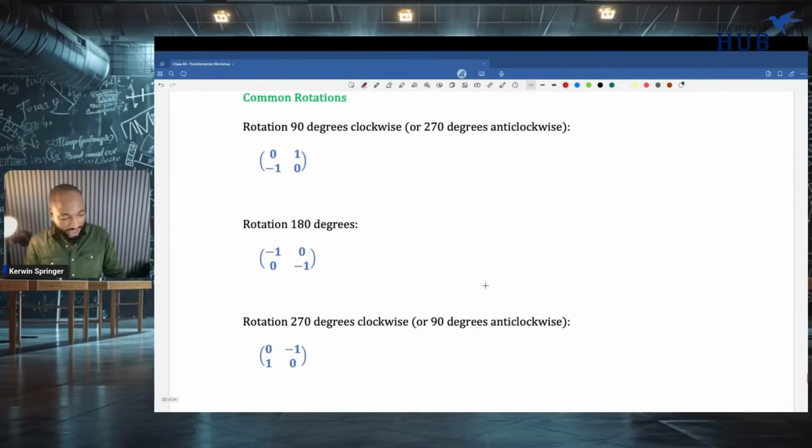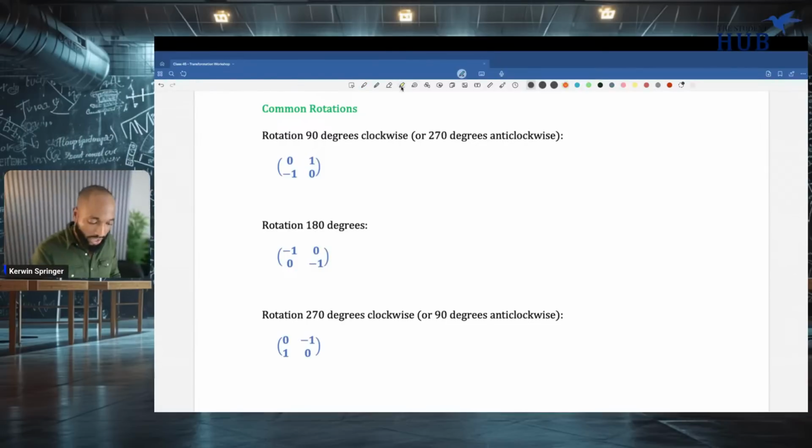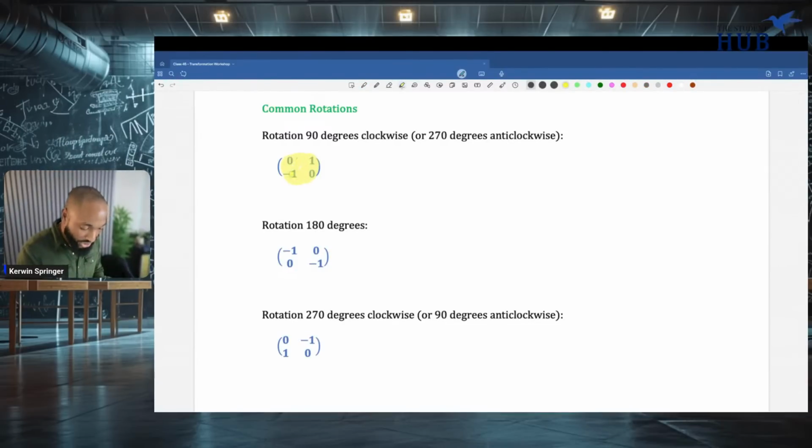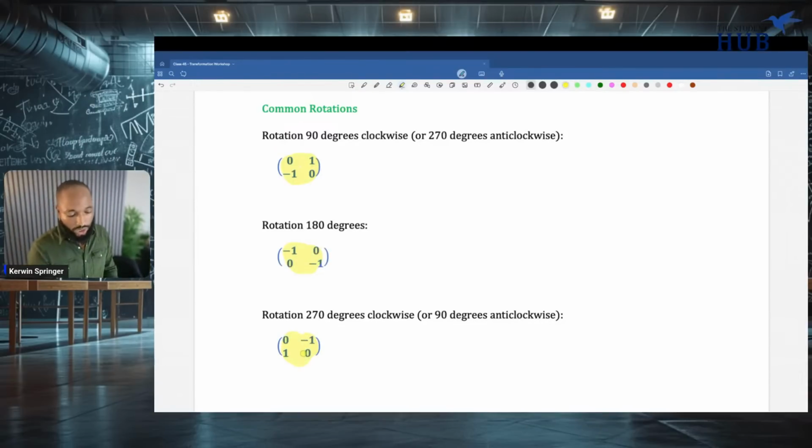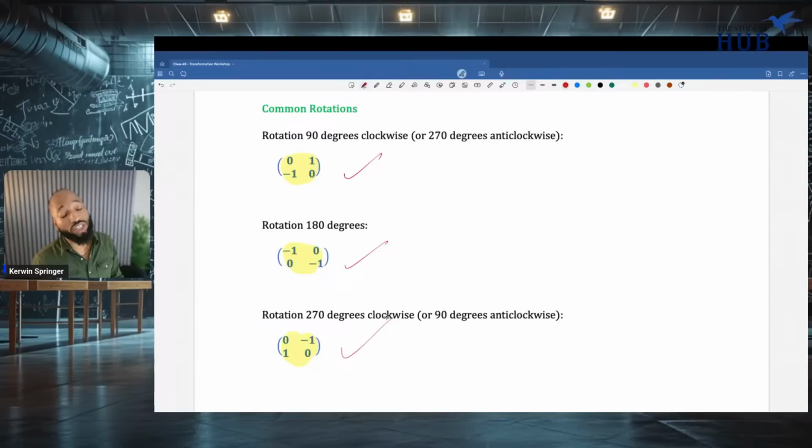So rotations can be done using matrices. Now in the basic geometry that comes in question 3, they don't usually bring matrices. So they'll just tell you the rotation and you need to figure it out. But these are some that you can memorize for the matrices, so later on when you go deeper into matrix transformation. I thought I was going deeper today, but apparently I'm just touching the surface here. Sorry, we'll catch the rest of it in the crash course. 0, 1, -1, 0, -1, 0, 0, -1.